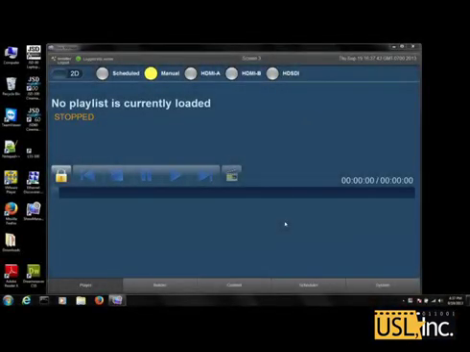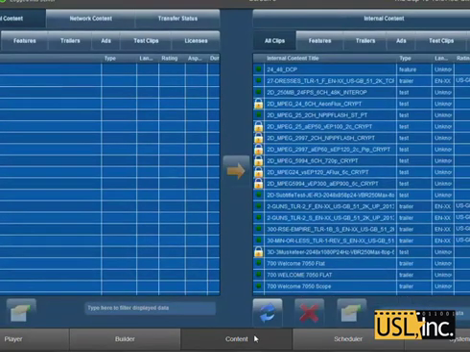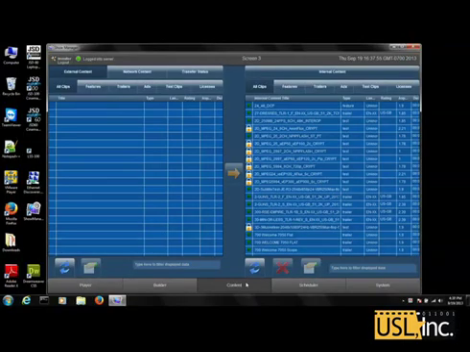Now that we've installed our CMS and gone to the Systems tab and set up our system for communication with all of the parts of our theater, we will go to the Content tab and ingest content. The Content tab is used for managing the content on the internal drives of the CMS and managing ingests from